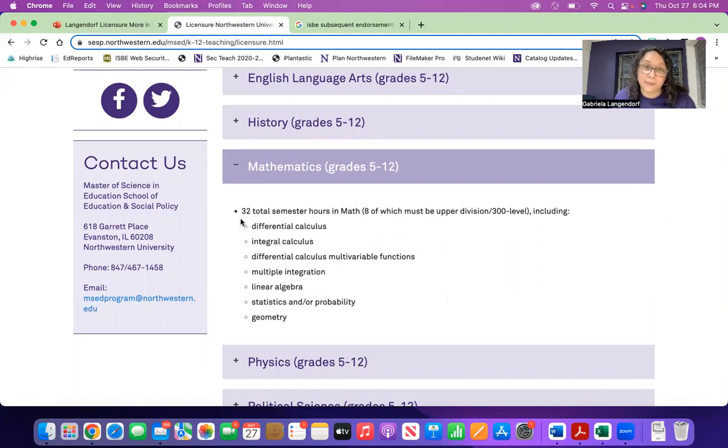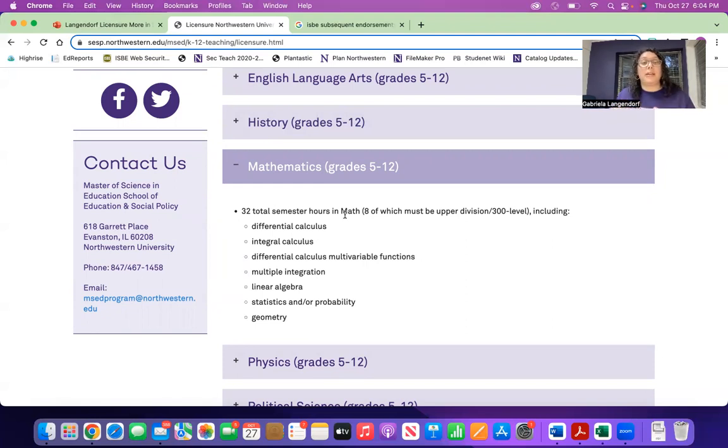And it includes coursework in calculus, linear algebra, statistics and probability, geometry, and other math coursework requirements to meet 32 total semester hours. When you apply, I will do a full transcript review to see which courses you have taken that fulfill the requirements under the subject area you're interested in, and which coursework requirements you have left to fulfill. If you are admitted, you will receive a copy of the transcript review.